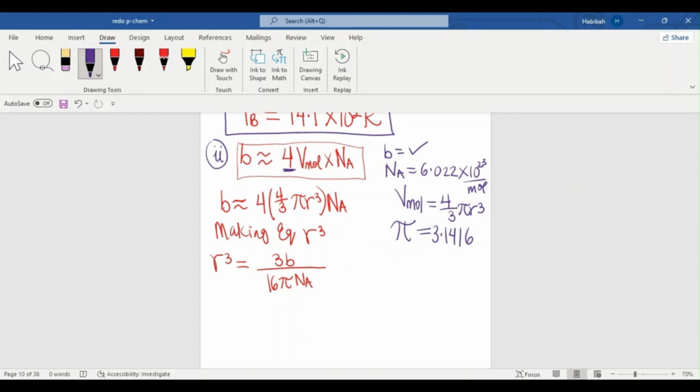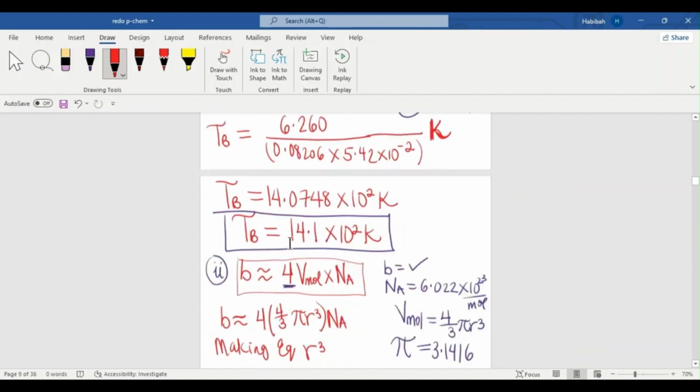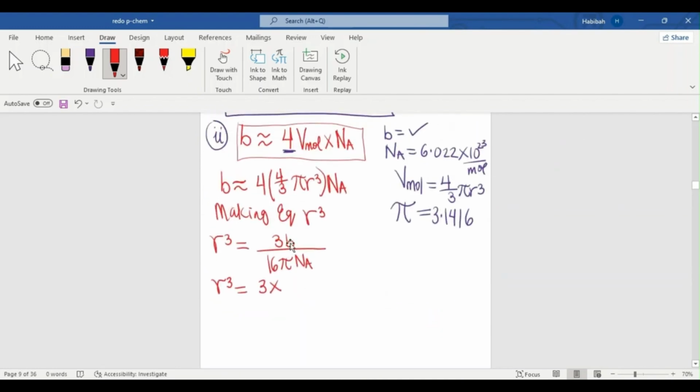So it's 3.1416. So we just simply substitute. So you have r cubed becomes 3 times the value for B. Going back up, we see the value for B to be 5.42 times 10 raised to the power negative 2 dm cube per mole, divided by